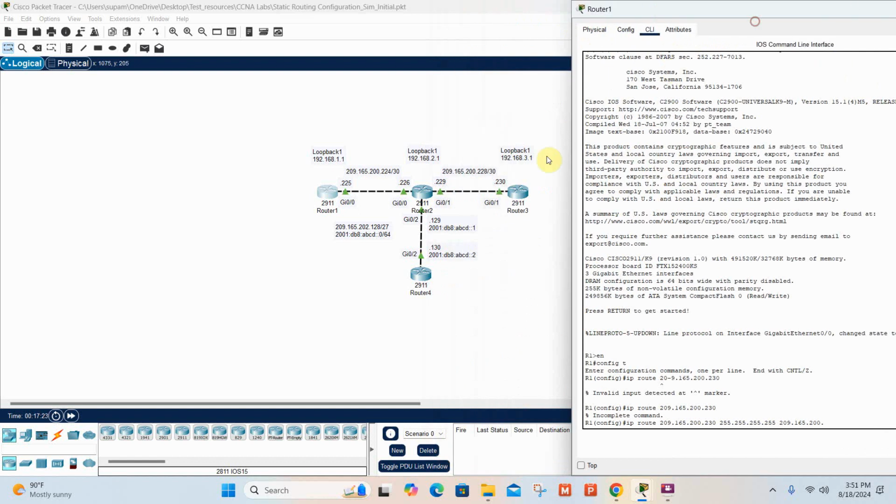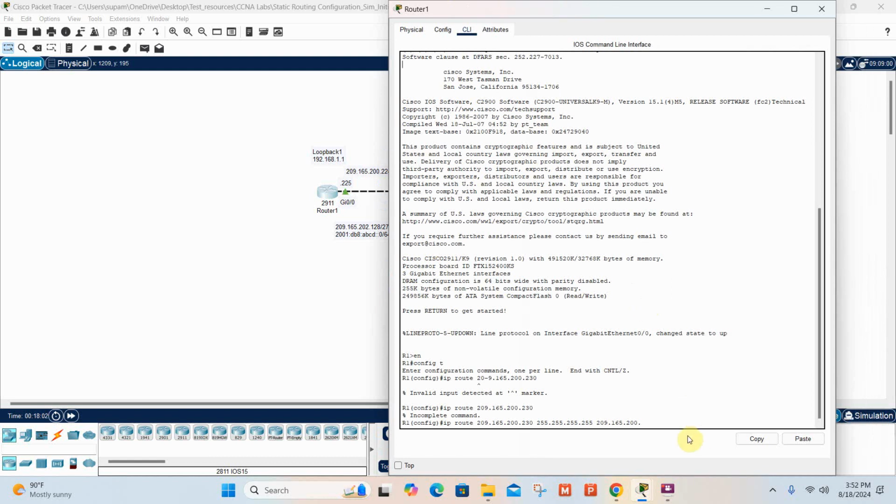So I wanted you to see that we're coming from the 230 interface on R3, and we've already implemented a route going to the 229 interface on R2. So now this other route that's going to 225, we have to come through the 226 interface. You get it? So we're going from 230 to 226, just like we went from 229 to 225 in the last statement. So again, we're going to go from 230 to the 226 interface, going in the direction of the R1 router. So we have to go ahead and implement